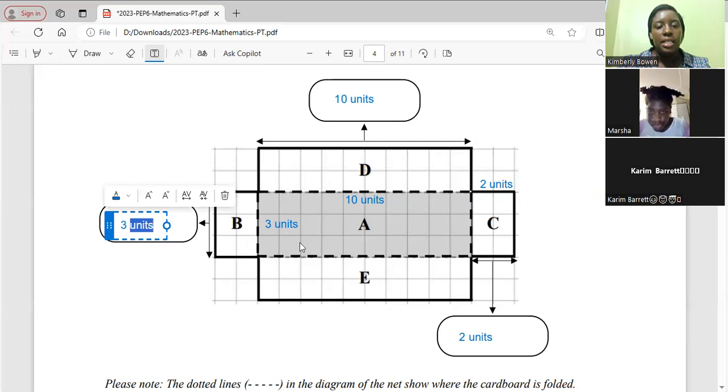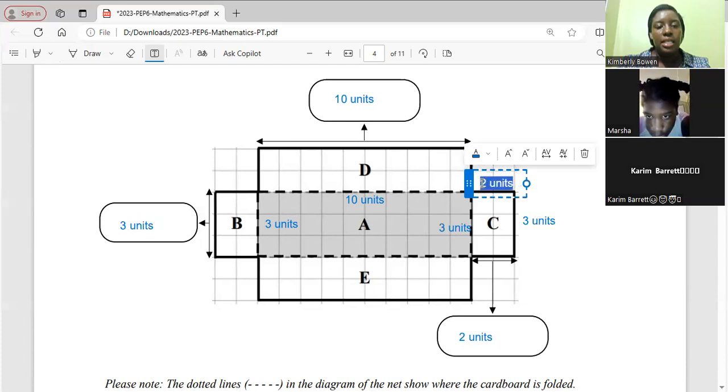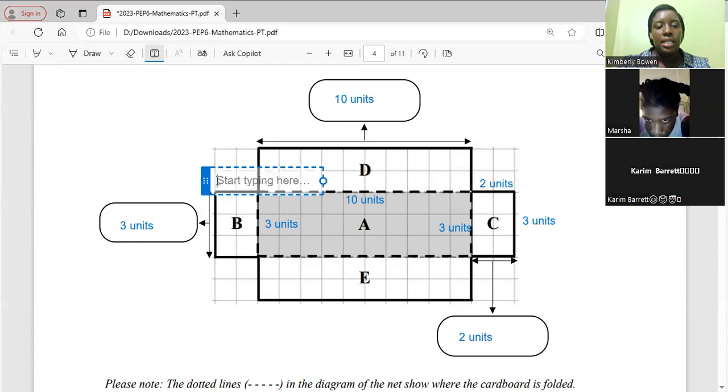And if here is 3 units, here is also 3 units. Are we seeing that? Here's also 3 units. And up here is also 2 units. And so we've labeled it, and we can start